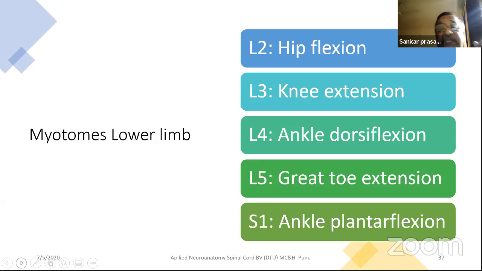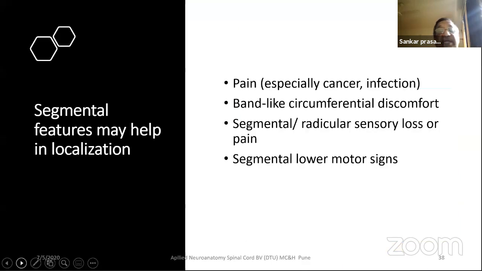So you should remember this. You should remember these grossly and the functions, and recall them at the correct time, so that the segmental features may help in localization. That is especially pain. The pain can be in spinal cord disorders, it can be radicular pain, which is a pain